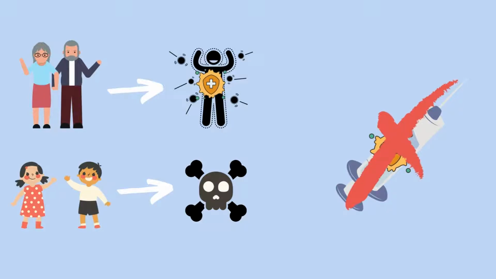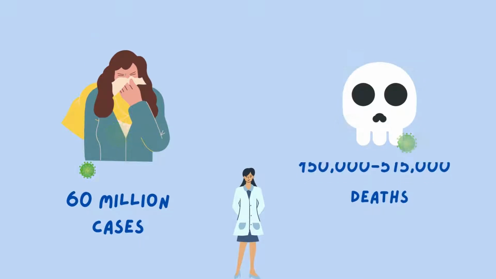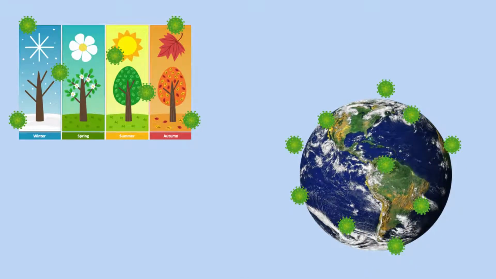Because it was so different from the normal H1N1 strain, the vaccines that were made at that time did not provide immunity to others as it usually does. In just the first year of the virus's spread, there were over 60 million cases and an estimated 150,000 to 575,000 deaths. The pandemic officially ended in August of 2010, but this specific strain continues to circulate as a seasonal flu virus. Although the flu devastated the world, eventually the virus started to affect fewer and fewer people through continued